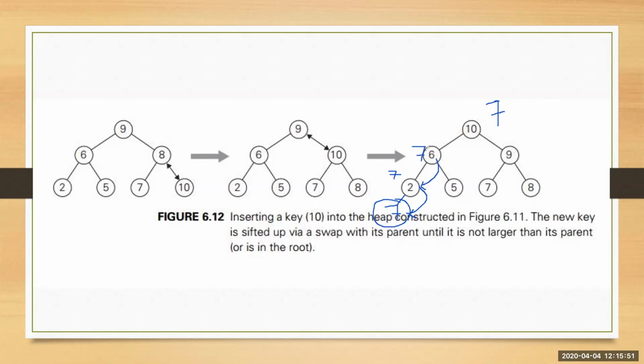So now you have to stop here. That means there are two conditions. Either the parental dominance holds, so in this case, the parental dominance holds, whereas in the previous case, it has reached the root node. 9 has reached the root node. So two cases I have shown you. So now here the parental dominance holds.